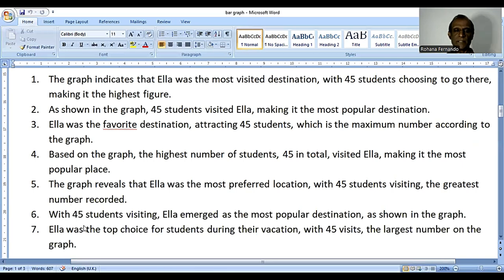Six, with 45 students visiting, Allah emerged as the most popular destination, as shown in the graph. So here we have put "as shown in the graph" at the end. There is another powerful way of giving the information